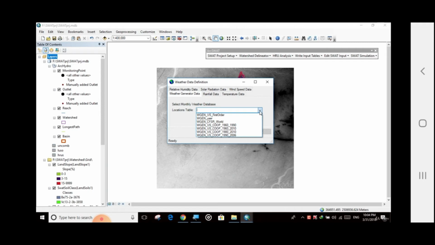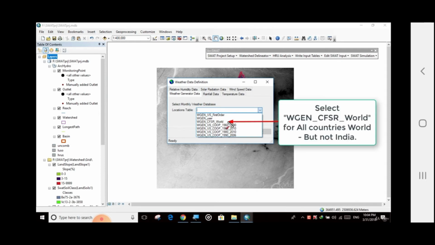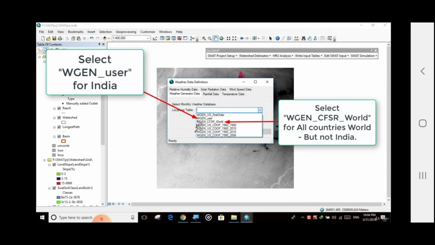And here are two databases it is showing. It has a CFSR World database. If your country is not India, if you are from other countries, then you have to select CFSR World. And people from India need to select WGN user.